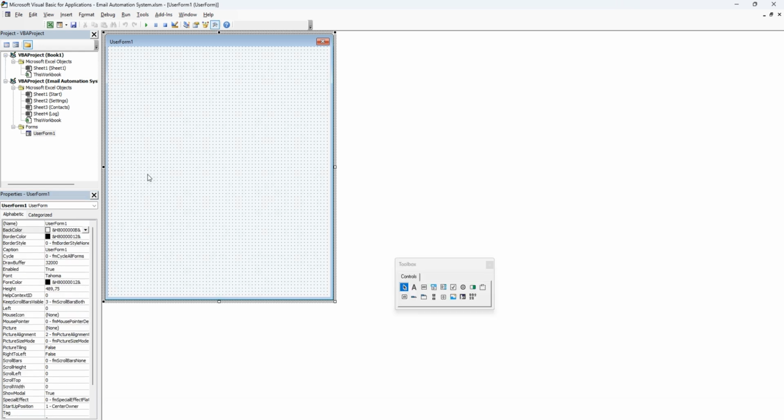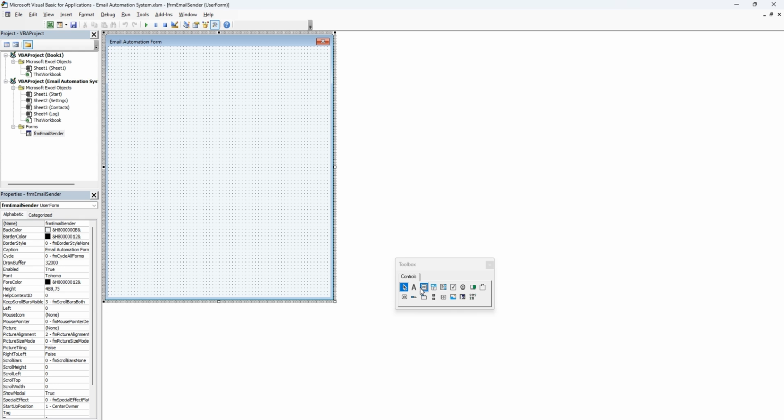Like so. And let's change the name here. We can just call it email automation form, and the name we call that FRM email sender,